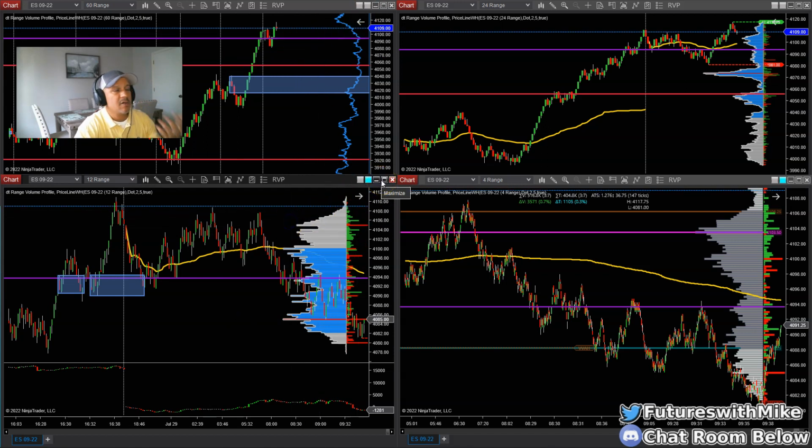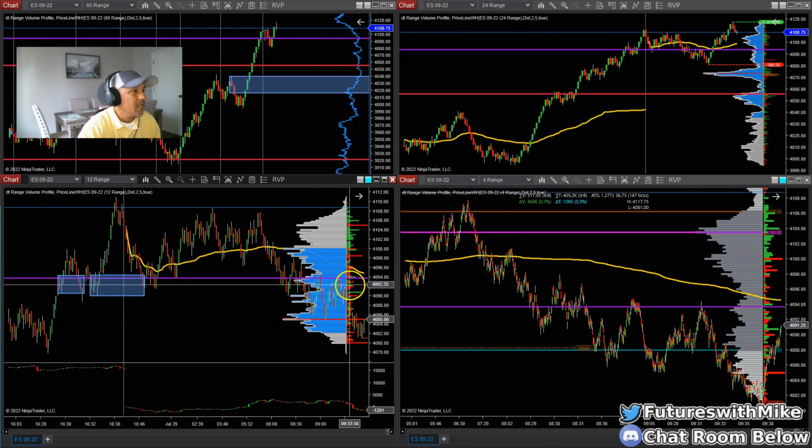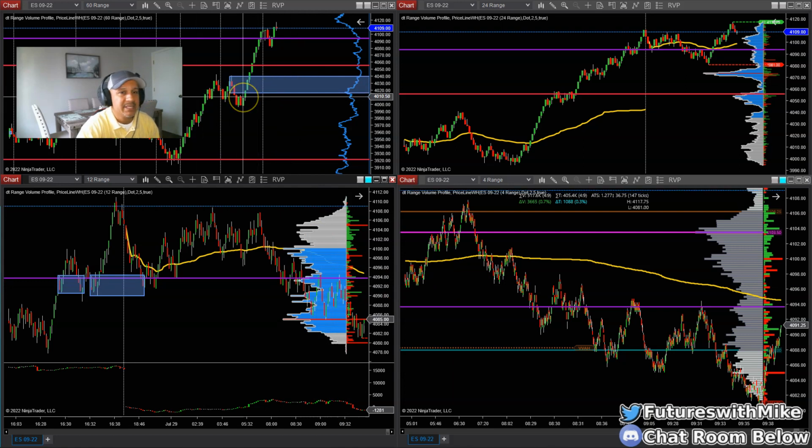So when I don't see it on my higher time frame, my 60 range chart, where we're in the area of supply and demand, then I start looking at the 12 and pairing that with my 4 range chart. So most days when I'm trading, if we're hitting an area of supply and demand off of the 60 range chart. Got tongue twisted, guys. Sorry about that.